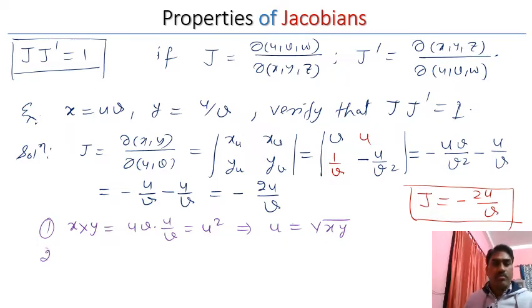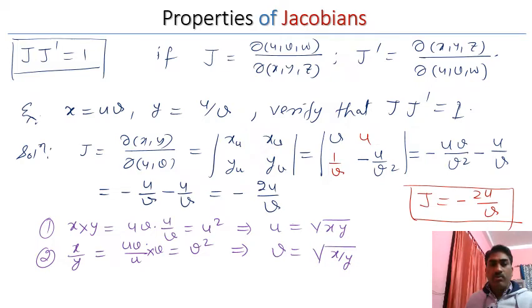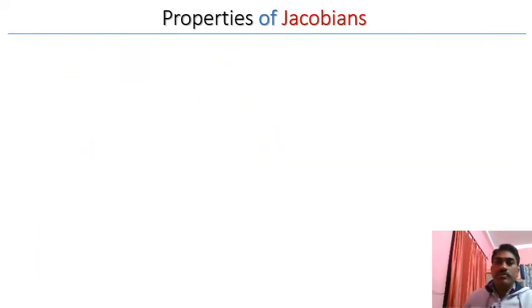So number 2, consider x by y. So this is uv by u by v. So this is v square. So this implies v is equal to square root of x by y. So now we should compute the Jacobian of u, v with respect to x, y. So u is equal to square root of xy, and v is equal to square root of x by y. So now compute the Jacobian of u, v